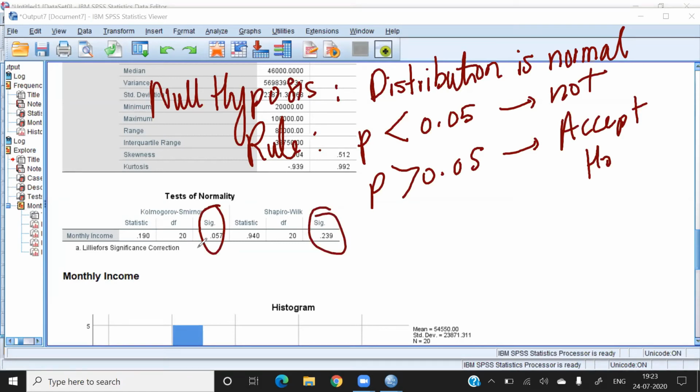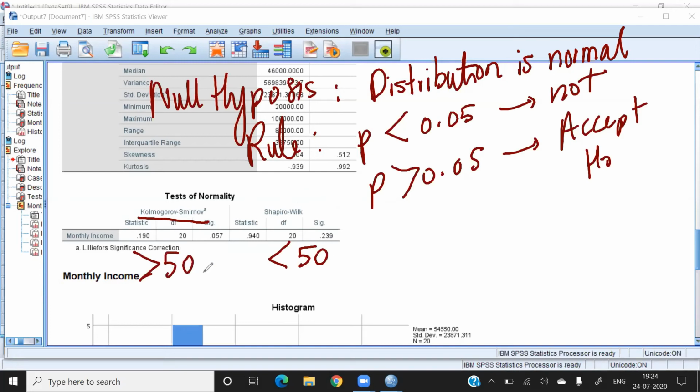So there are two p-values here. One is Kolmogorov-Smirnov and the second is the Shapiro-Wilk test, right? So the Shapiro-Wilk test you will apply when your data size is more than 50. And sorry, this is opposite. I wrote it the opposite way. Let me write it again. The Shapiro-Wilk test we can apply when the sample size is less than 50, and the Kolmogorov-Smirnov test we apply when the sample size is more than 50.